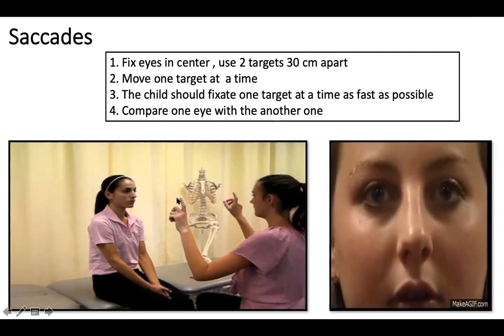So if there is a problem in your frontal eye field or your frontal lobe, you can have an issue with the saccades. If there's a problem in your basal ganglia or cerebellar networks, you can also have a problem in your saccades. You can have a problem either in initiating a saccade, or sometimes your saccades can become very fast. In such cases, they are called ocular flutter or opsoclonus. So saccades are not nystagmus. What is the difference? A saccade has only one component of a jerk, whereas nystagmus has a to and fro component, a fast component and a slow component. So that is the most important difference between a saccade and a nystagmus.